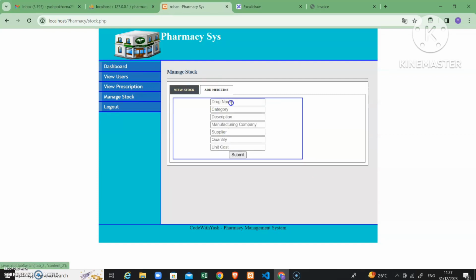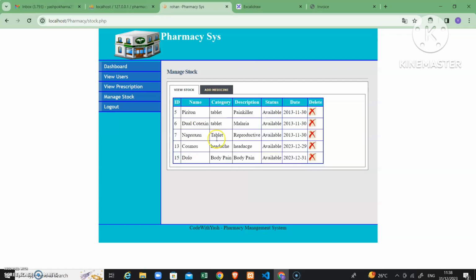So let us add medicine. So a new medicine is added to the stock.